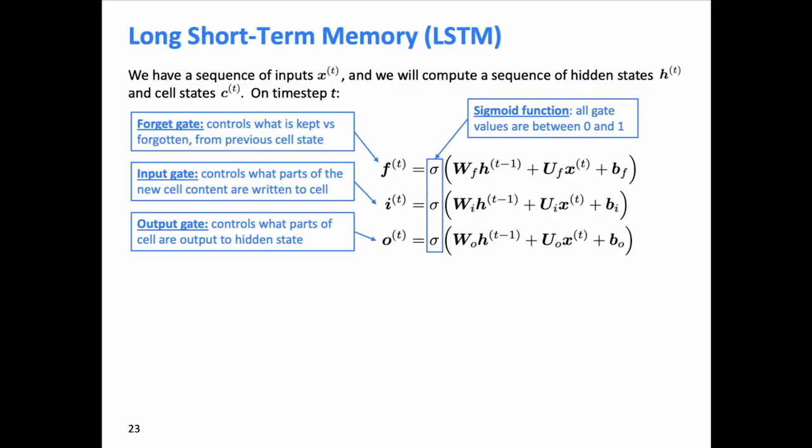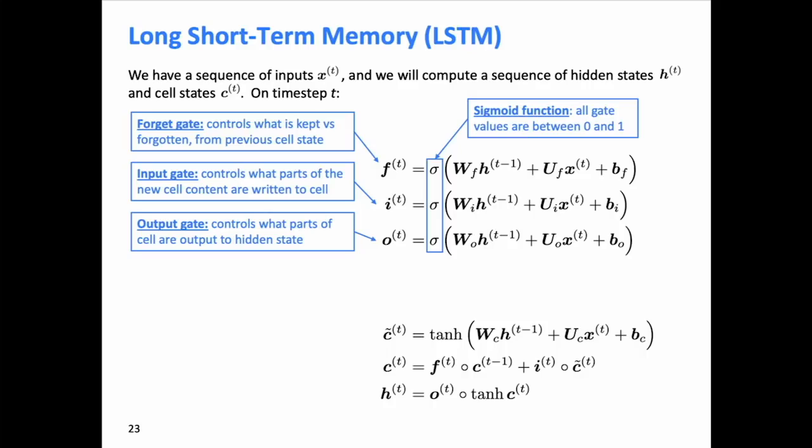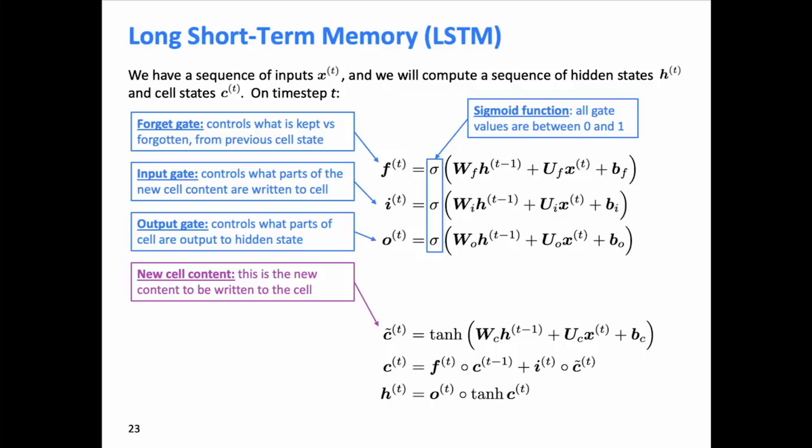Yeah, that's just the sigmoid function as we noted before. All right, so the next set of equations shows how we use these gates. So the first line, you could regard this C tilde as the new cell content. So this is the new content that you want to write to the cell. And this is also computed based on your previous hidden state and your current inputs. And this goes through a tanh nonlinearity. So this is kind of the main content that you are computing based on the context, and you want to